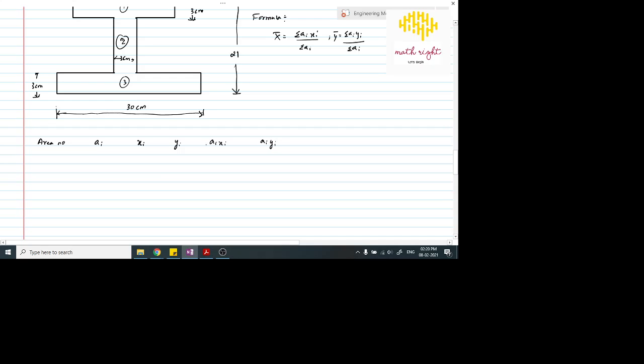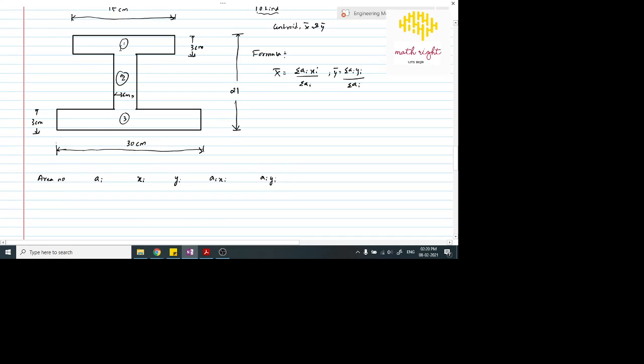Okay, first we can find the area for, let me take this as area 1. Since we cannot find it directly, we are dividing the I section into 3 different parts, such as 3 different rectangles. For each rectangle we have to find xi, yi, which is nothing but the center of that particular rectangle, the center in x direction and in y direction, with reference from 0, 0, this point. From this point, what is the centroid here, and what is the center for this component, and for this area.